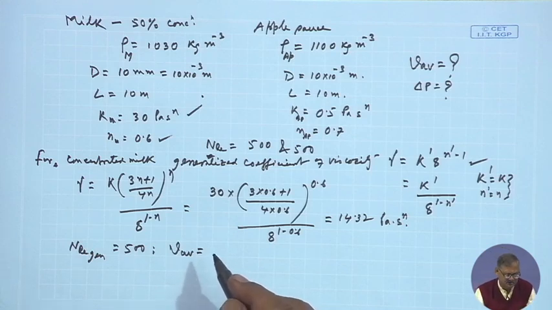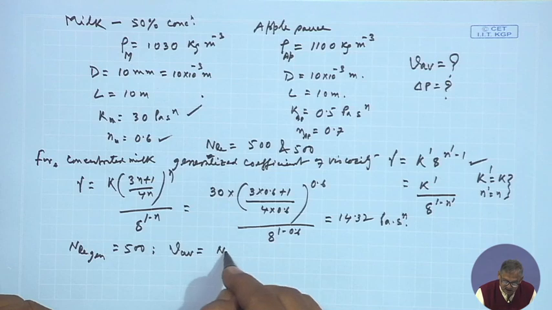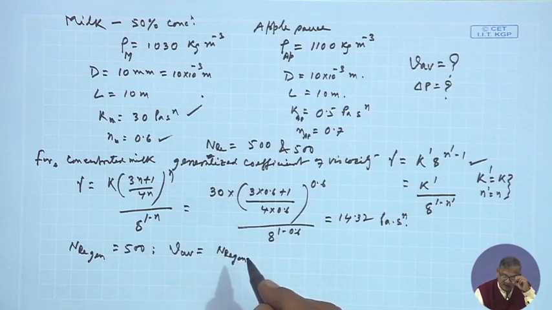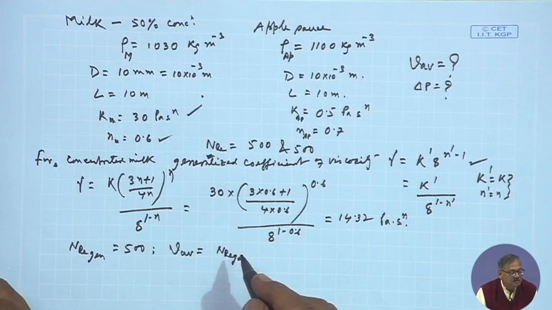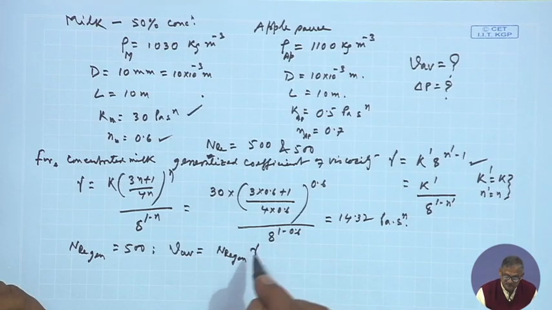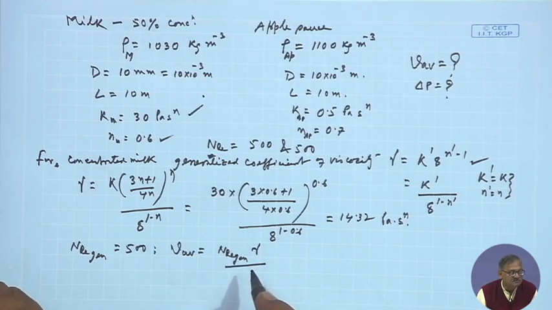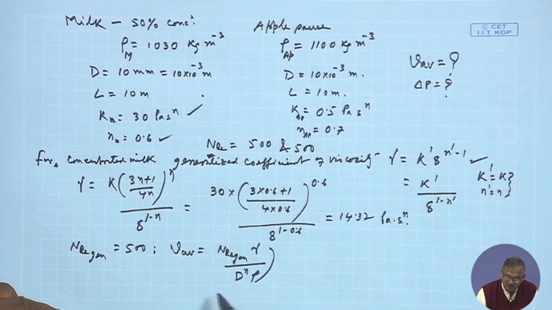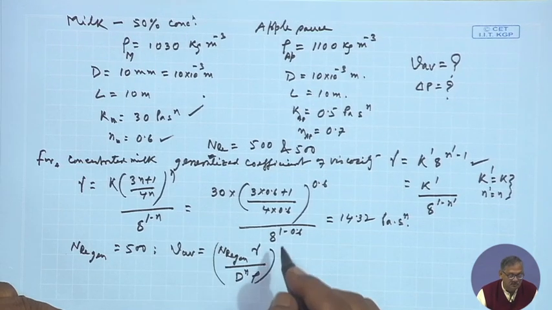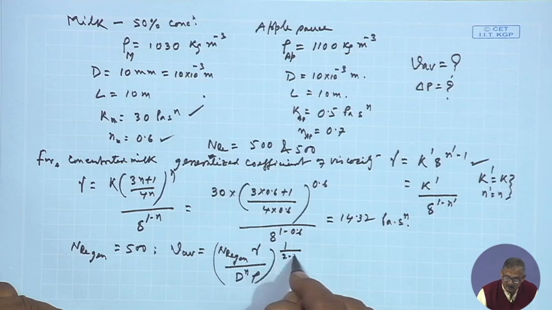This is equals to energy general, right, into gamma divided by d to the power n rho, this to the power 1 by 2 minus n,